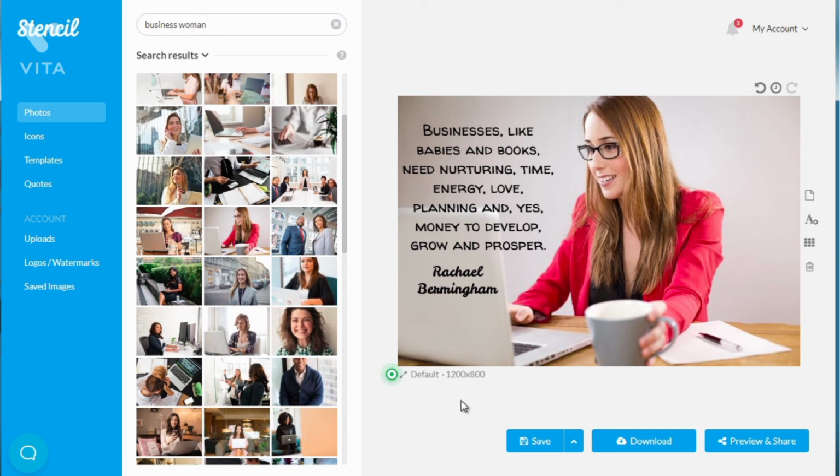So within GetStencil itself, you can actually share the image instead of having to log in to Facebook and do all that. You can also hire a freelancer and say, I want you to log in every single day at such and such time, and then do a share from GetStencil and go from there. So that way people are constantly engaging with your content.